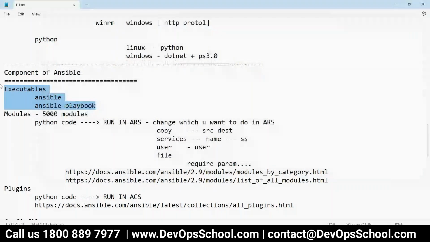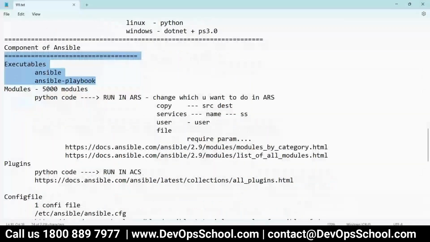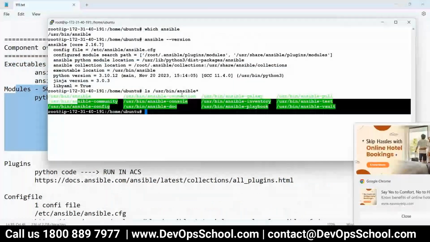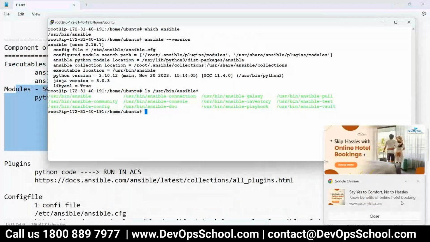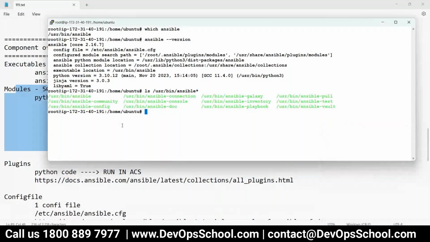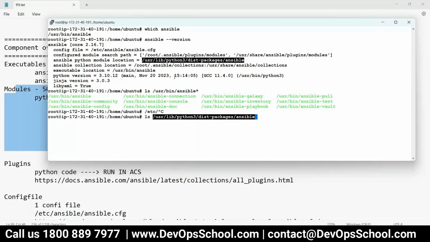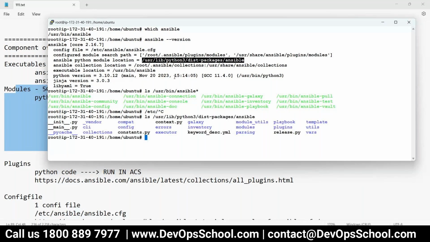Now where do we have the modules? So guys, modules, you will have under etc, this location actually. There could be multiple locations for modules, but this is the system location I'm talking about. See, these are some of the modules.